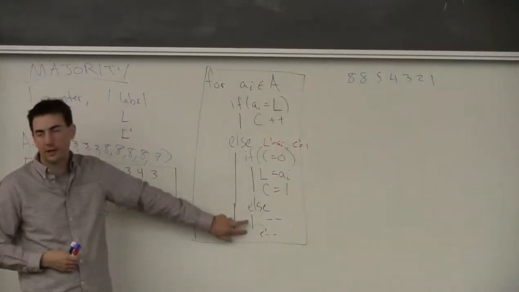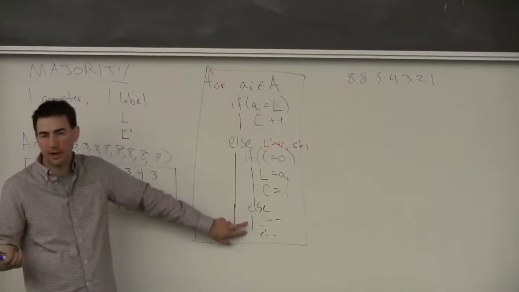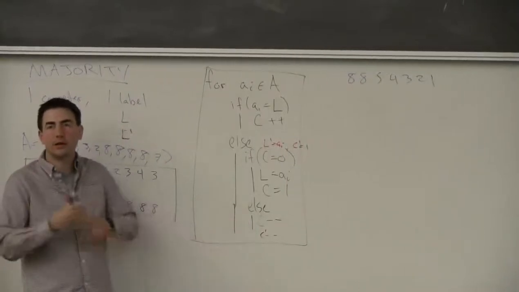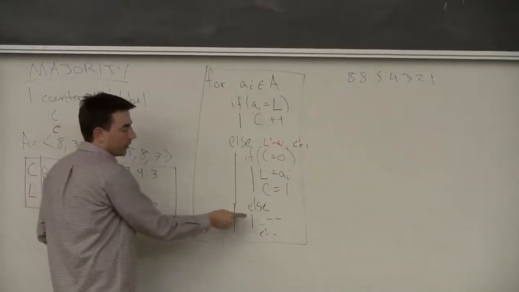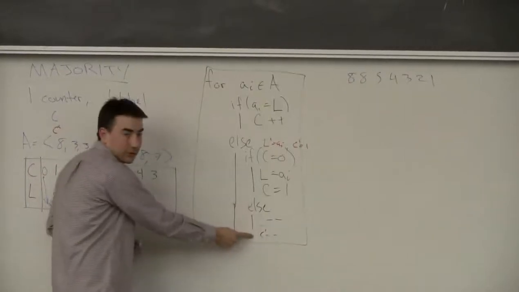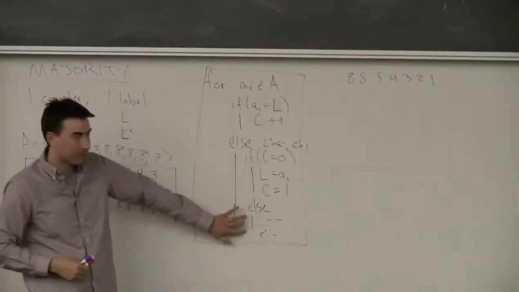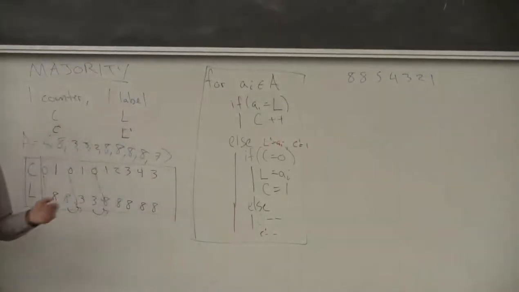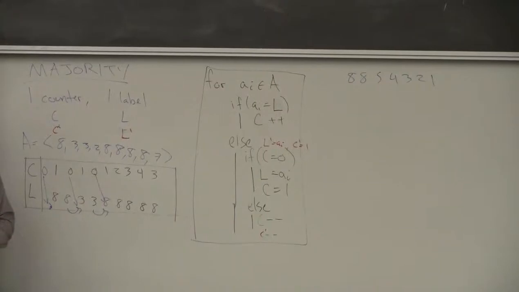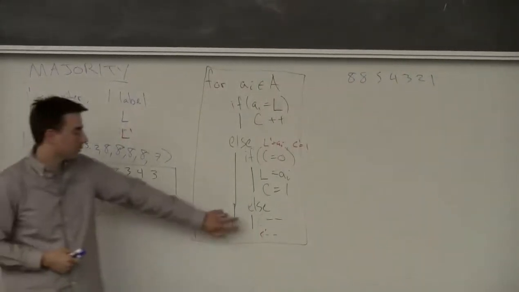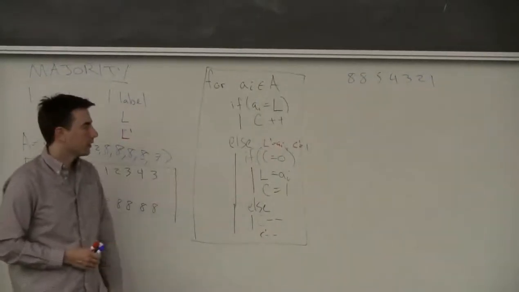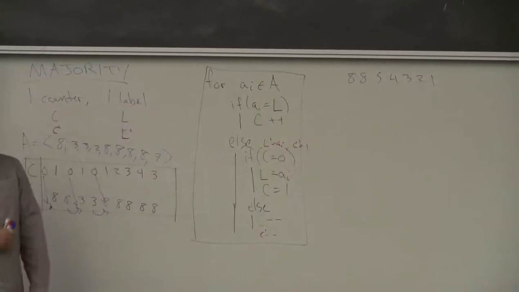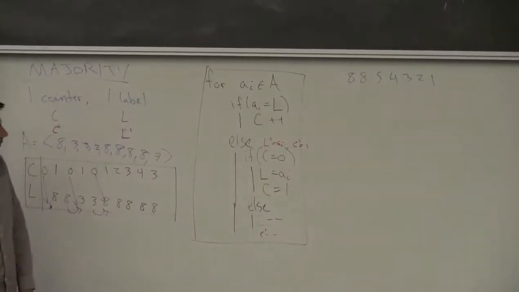Both of these will not decrement the same counter. Will not decrement for the same element, right? If it's the majority element and it's already in the label, then it can only do this one. If it's not in the label, it will do this one. So these cannot both decrement the same element, and I can only do at most m total decrements, because everything is either something that was already stored in the counter, or the thing just stored in the counter. Okay, so that means that there are at most m of these.